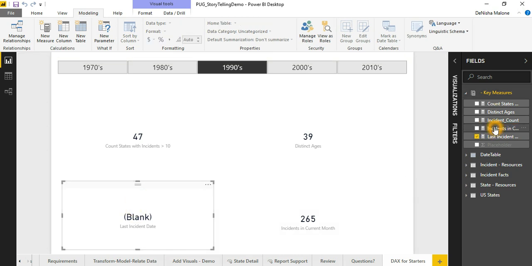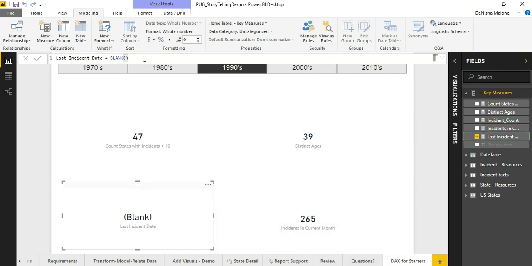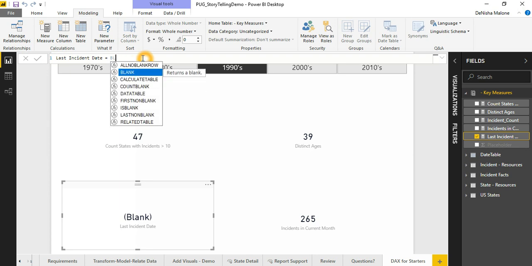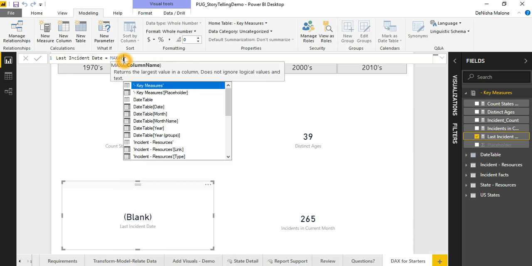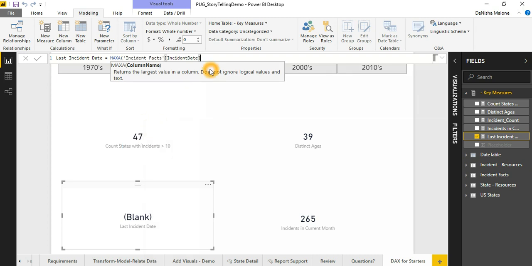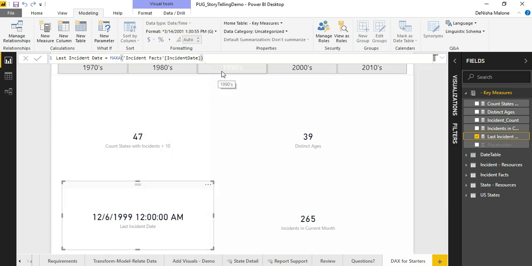Our last measure will be the last incident date. So what is the last date recorded in the data set? This can also be used for the last refresh date. So here we want to get the maximum. So what is the maximum number? And we'll choose MAXA because there are values and text. What is the maximum incident date? Press enter. The last date in the 1990s for an incident was December 6, 1999, and we want to do a